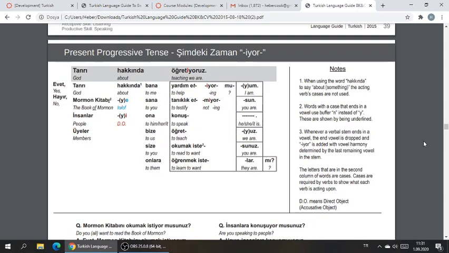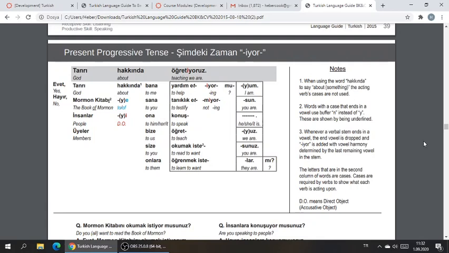You are going. Sen gidiyorsun. We are speaking. Biz konuşuyoruz. They are coming. Onlar geliyorlar. All right. Now at this point, you might have noticed that if a verb ends in a vowel,